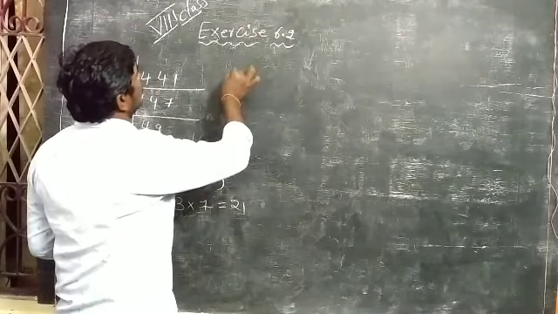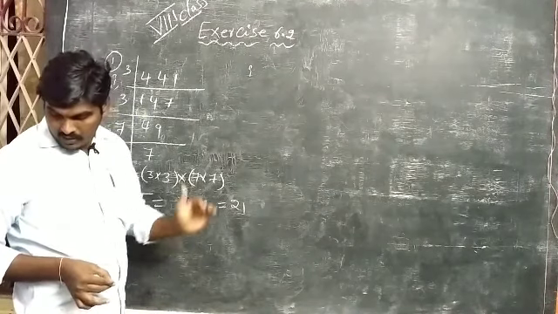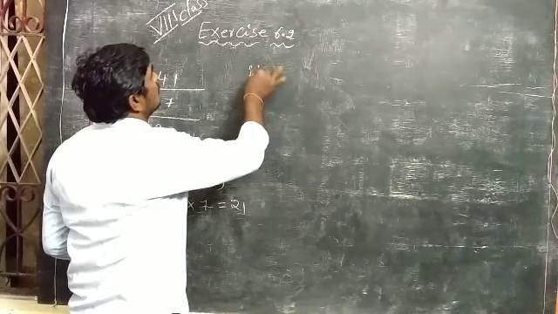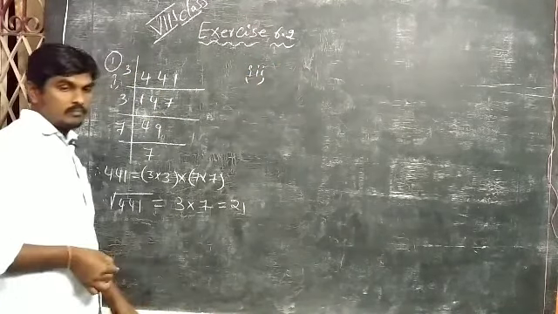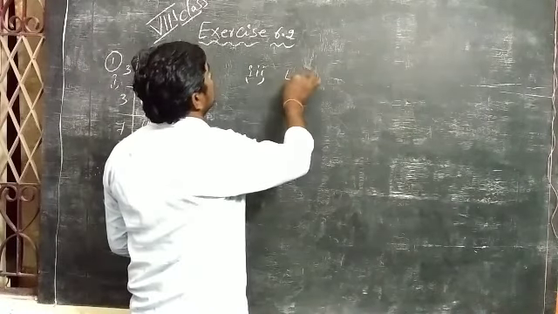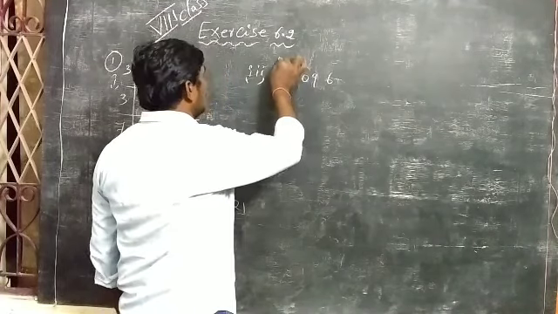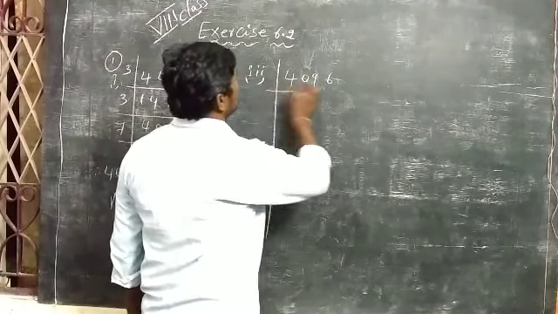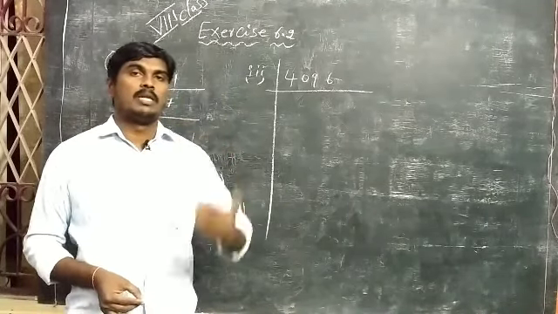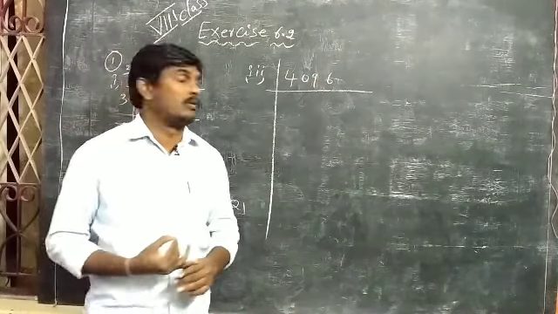Next, see this question. The 3-digit number is completed. Now one 4-digit number. That is, I am going to explain the third one, that is 4096. Find out its prime factors first of all. By using the prime factorization method, we have to find out the square root of 4096.